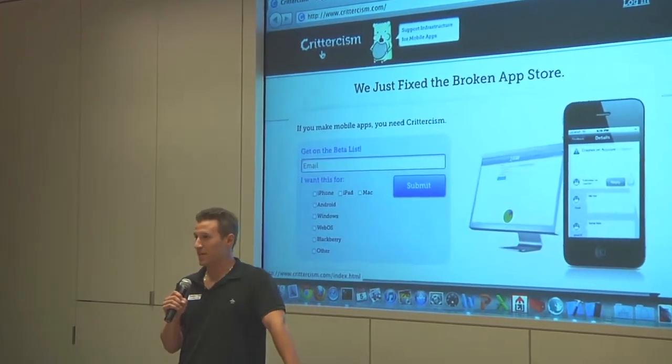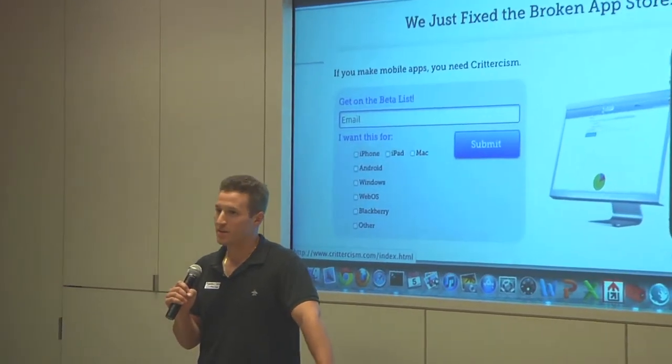So what we found was that we'd push out an app and inevitably it would crash and users would leave a bad review in the App Store. And if you look at the bad reviews in all app stores, they tend to just be support requests. It's people saying it's crashing, it doesn't work the way they expected, this button shouldn't be there. And so we made Crittercism and focused on that as our product.